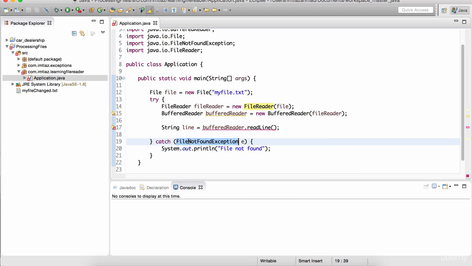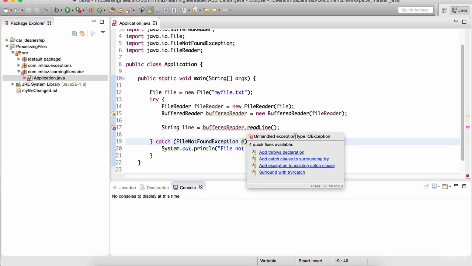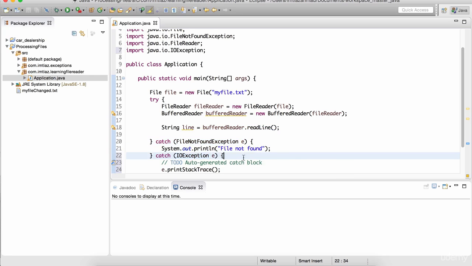So we've already seen the file not found exception. It'll enter this block of code if for whatever reason it's unable to find the file, if it's misnamed or if it's been deleted or whatever the reason. It's going to come here if it can't find the file. It also needs to handle an exception in the case that there is a problem during the reading or writing to the disk, and that's what this IOException means. We can either add a throws declaration or surround it with another try and catch block. Another thing we could do, which I recommend at this point, is add a catch clause to the surrounding try. Okay, so click on this and notice, boom, it added another